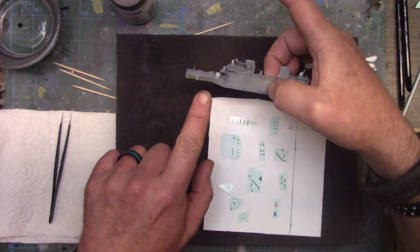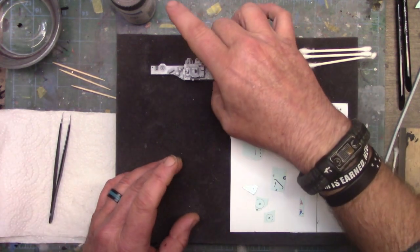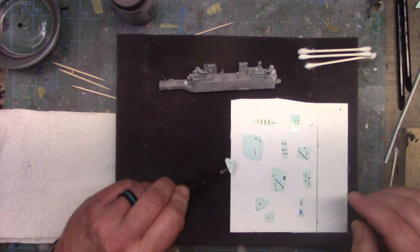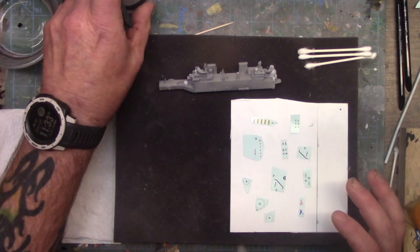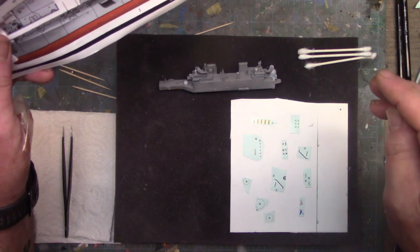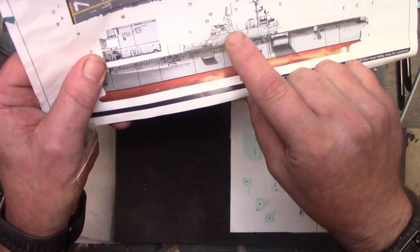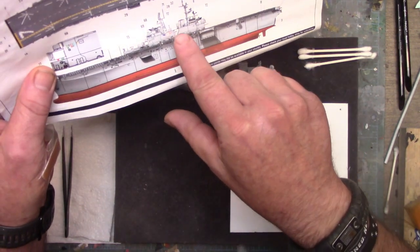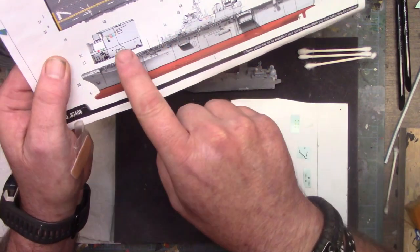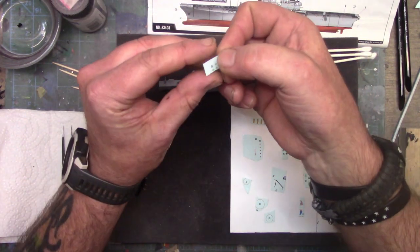I'm sorry. I just did a couple of test ones. I just wanted to see. So now the fun part is I want to try to at least get, let me see if I can just show you. I'm going to try and right here I'm going to try to get this going, and I want to try to get the sides here done. I want to try to at least get one side done, and I'm telling you what, guys, there's some itty bitty decals, as you can well, here, just let you see. There's those,